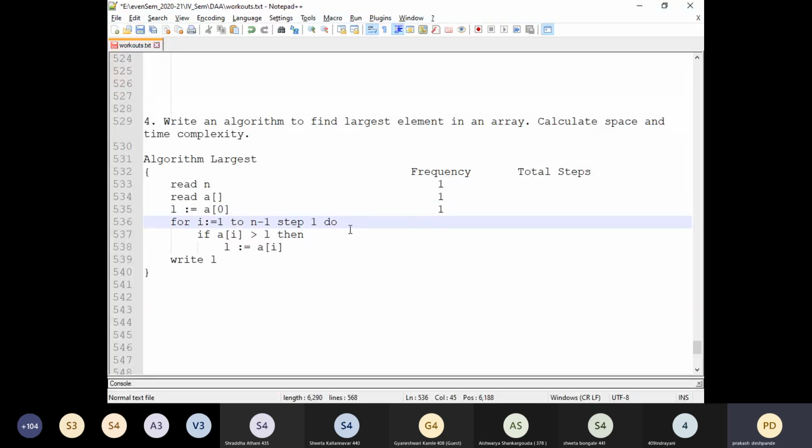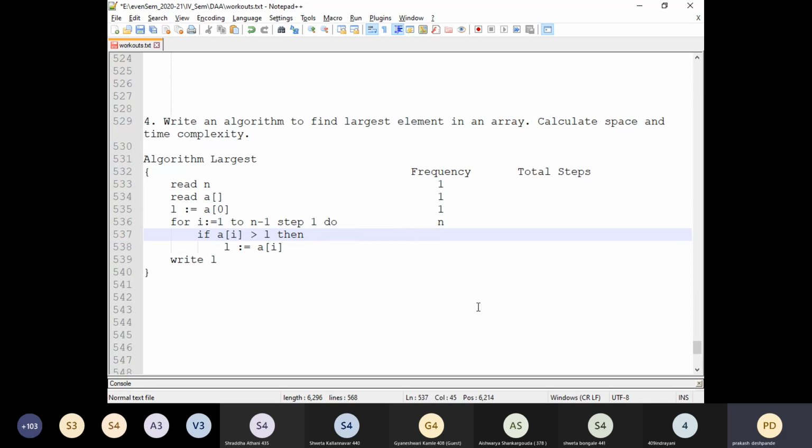Now, what about the next statement? It is interesting here. How many times will this particular for loop be executed? N times. N times? Yes, sir. How? Sir, I is starting with 1. I is starting with 1, exactly. Since I is starting with 1, the total number of true values will be n minus 1, plus 1 time for the false value. For the true value, it will evaluate n minus 1 times, and for the false value it will evaluate 1 time. So n minus 1 plus 1 means it is going to be n times.